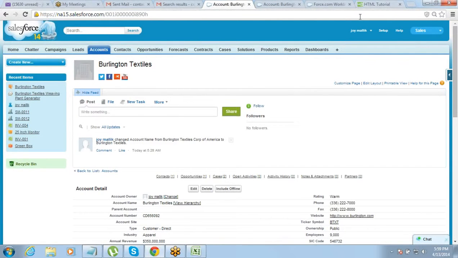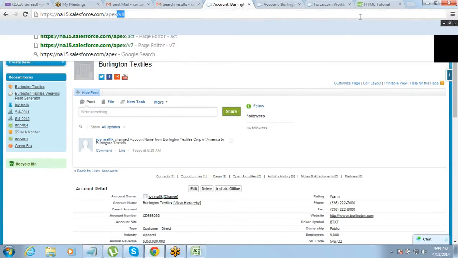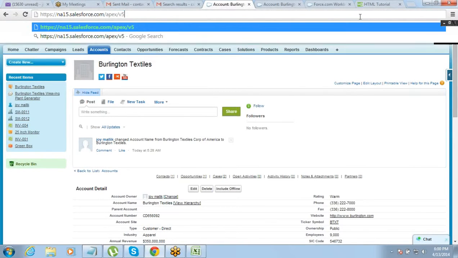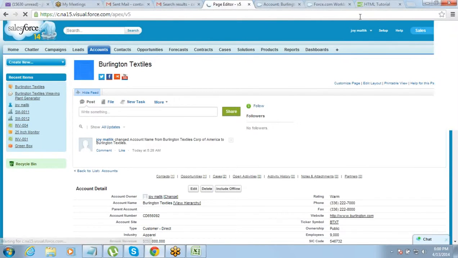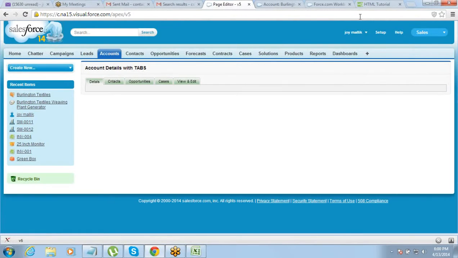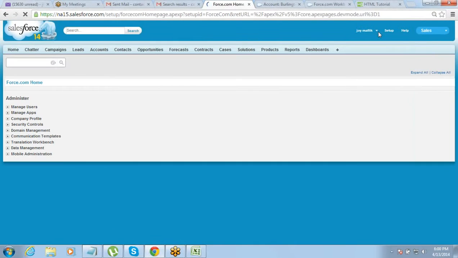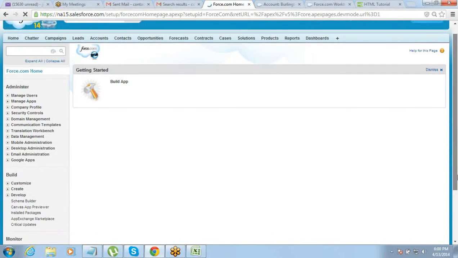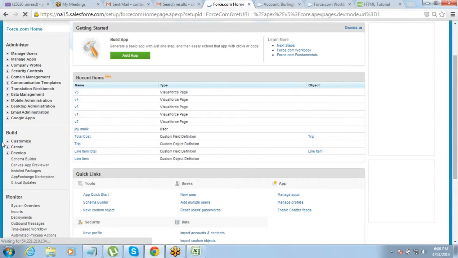Now my company says that anytime anyone goes and clicks on an account, that account should open in this V5 template, not the usual one. That is the reason why we are creating it. We want to override the existing page with this one. How will we do that? It's very simple. Go to setup, then go to customize accounts.